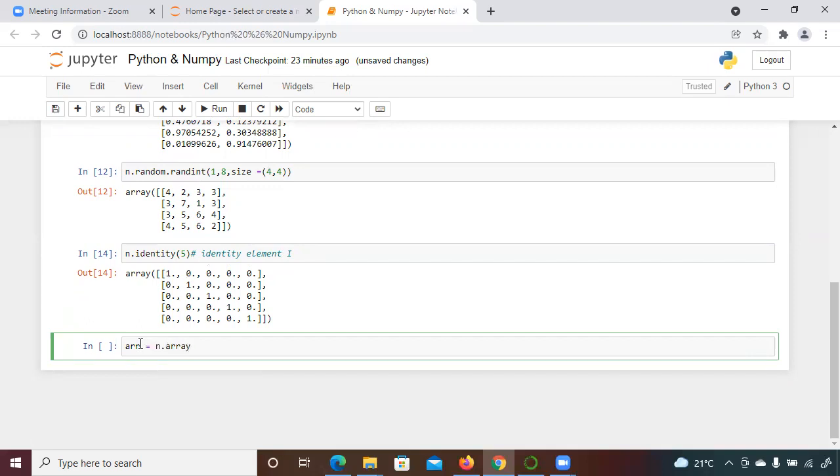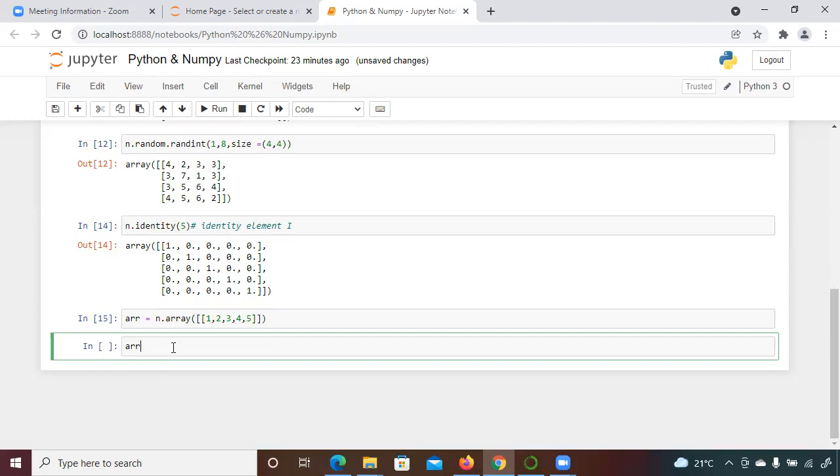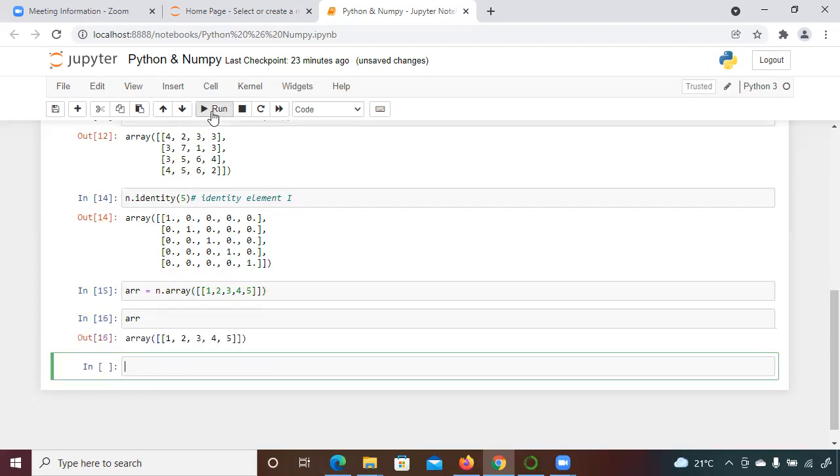These are the basic things, but usually they ask in the interview, and you should be aware of them when you are going to do data engineering or data analysis. Suppose I have created this array, and I'm printing this. If you want to print this multiple times, how can you do it?